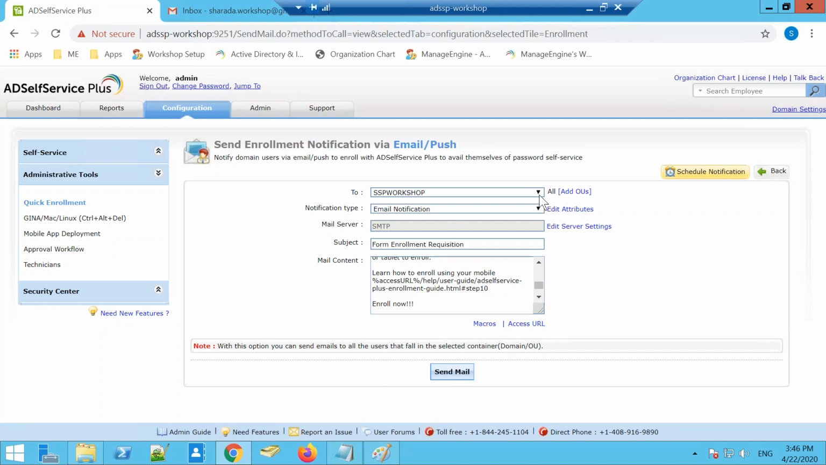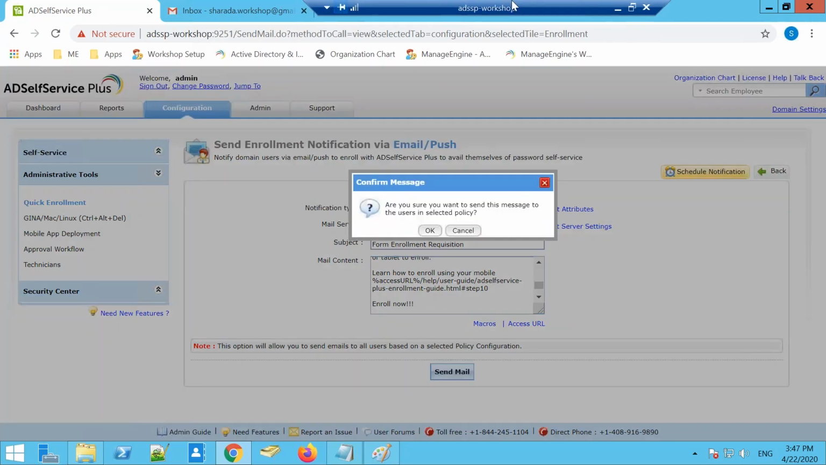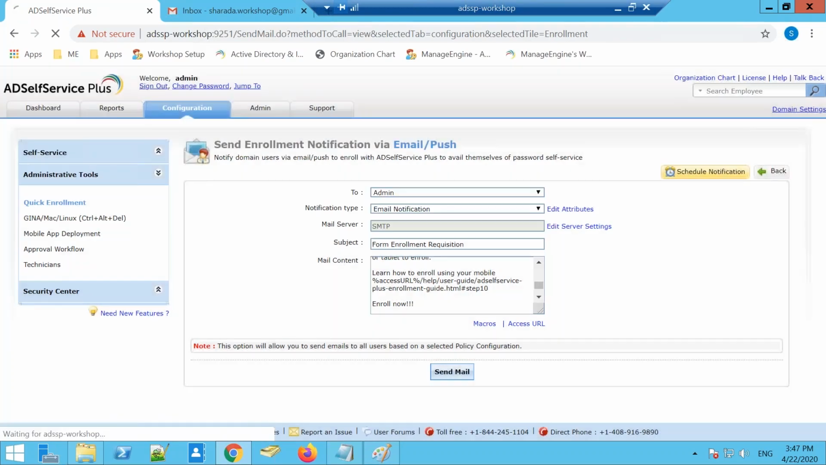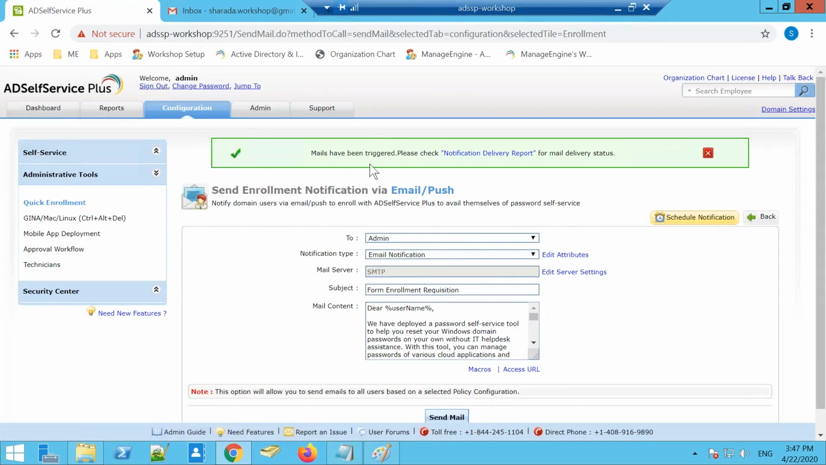All right. You can do this for the entire domain. You can do it based on policies. You can also manually send it to particular users. Let me do this based on policies. So let me notify an admin account today. All right. And I'm going to send the mail. Yes. And the mails have been triggered, I will be able to check the notification delivery status report, once again